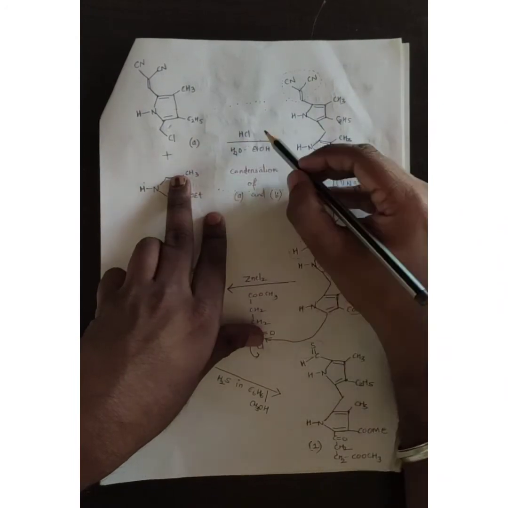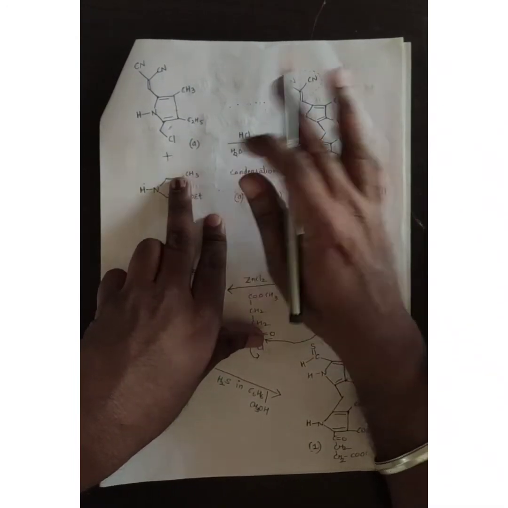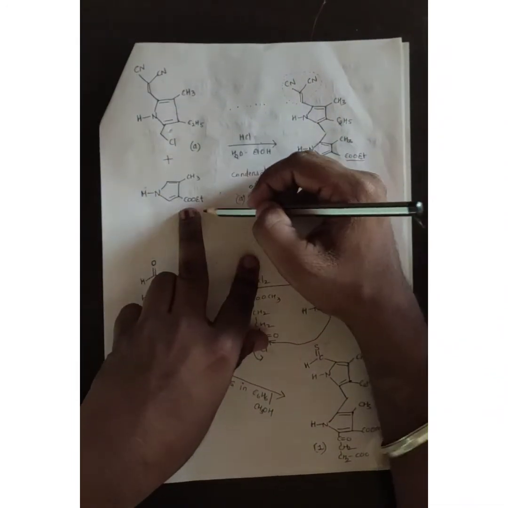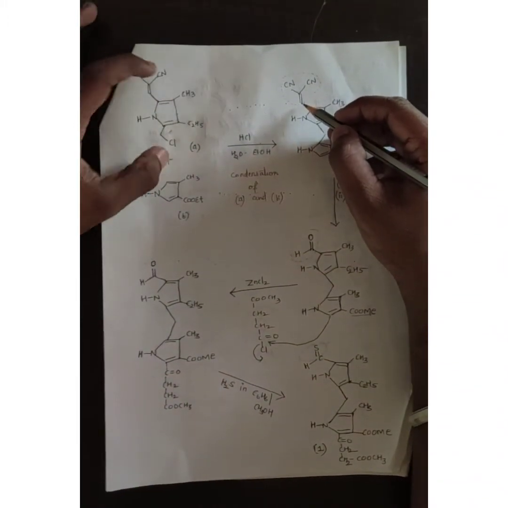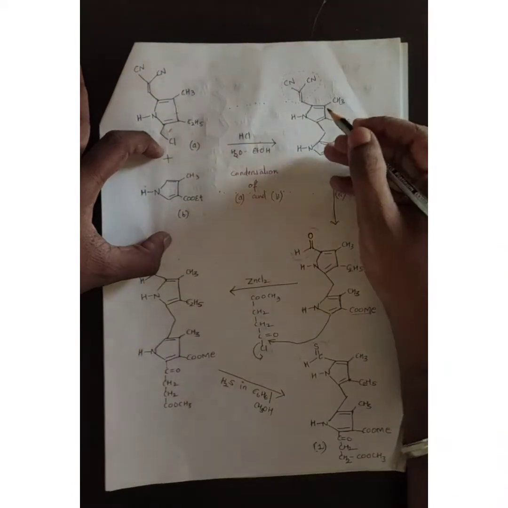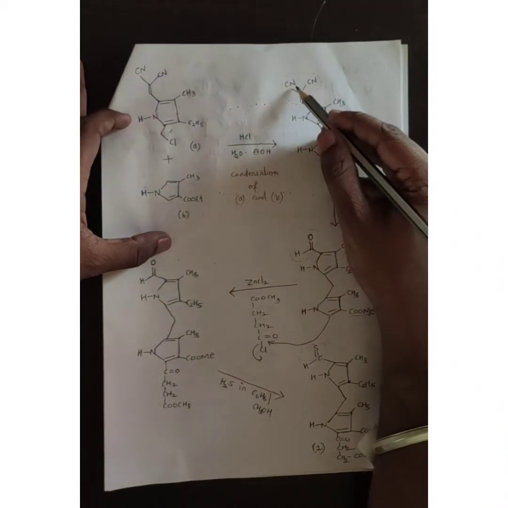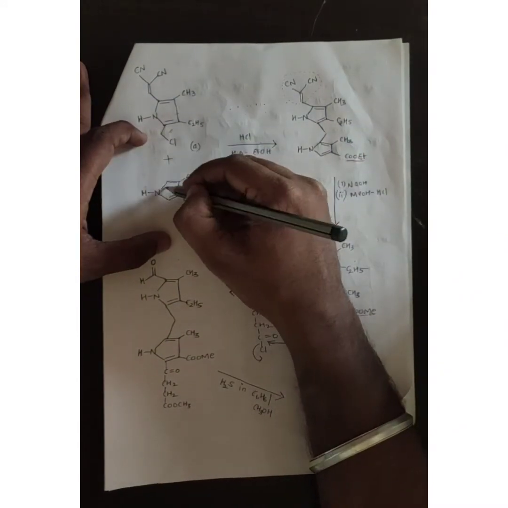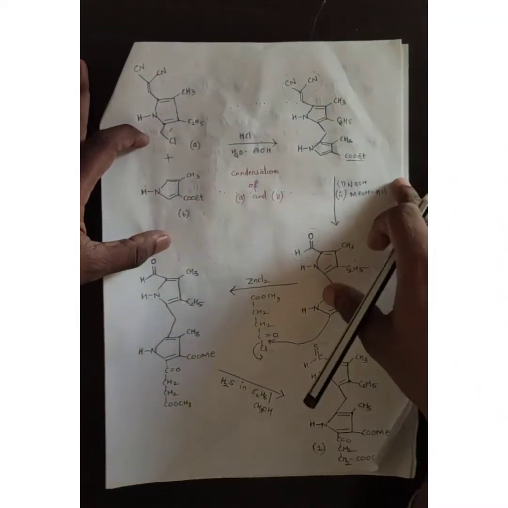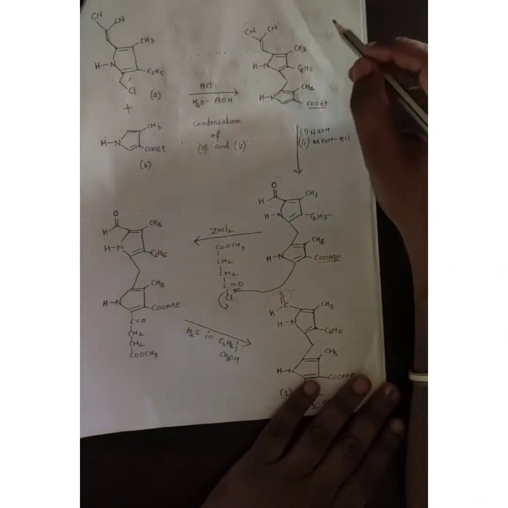When you treat with HCl, it's a condensation process. Condensation of A and B takes place and everything remains the same. Once you know these 2 structures, you can go on writing easily. Nothing you have to do, just write it as it is. Just connect this to this. Understood? Now the next step, again no changes, write everything as it is.